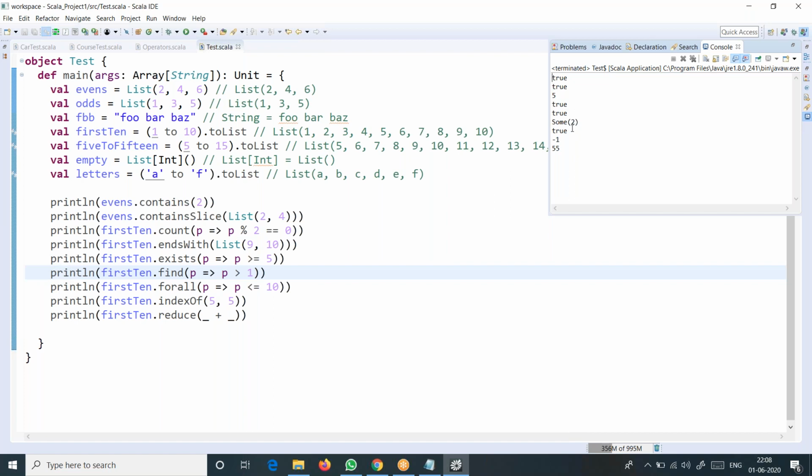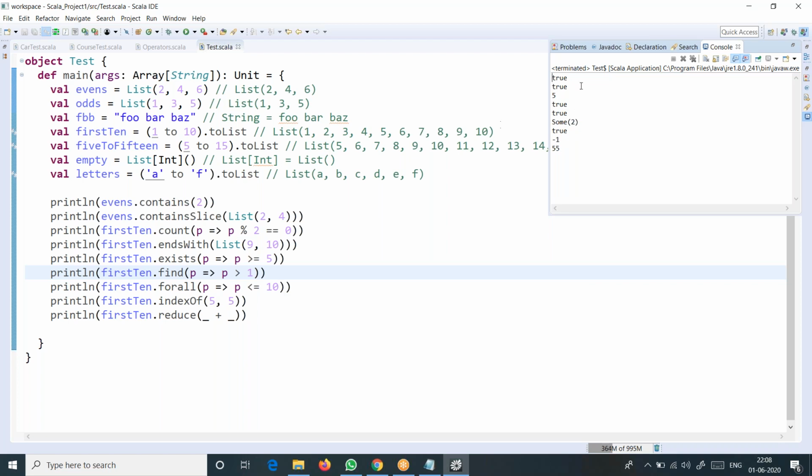If the value we search for is present, it returns a Some object, otherwise it returns a None object. All of you know that. Then forall with p less than or equal to 10 means from 1 to 10 it checks whether all these elements satisfy it. If all elements do, it returns true, otherwise false. You can cross check as well.